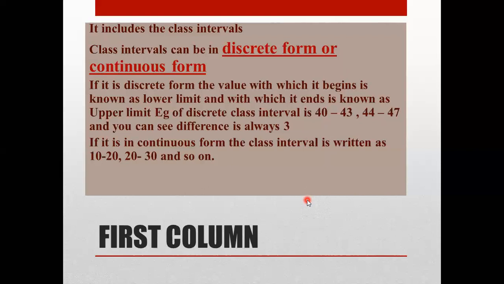One is the discrete form and the other is the continuous form. So the class interval will be given to you in the question, and accordingly you have to write. So the meaning of the discrete and the continuous form has to be clear in your mind, so when you're writing it, you will not get confused. I hope that it is clear. And if you have any doubt, please write it in the comment.